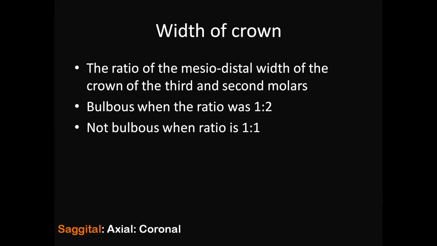Now, the width of the crown. Again, similar to the roots, this is an important structure. We need to compare the mesiodistal width of the crown with the second molar, whether it is less or more. The greater the width, the more bone we need to trim off to create a space for the crown to come out. This will be measured in the sagittal section.